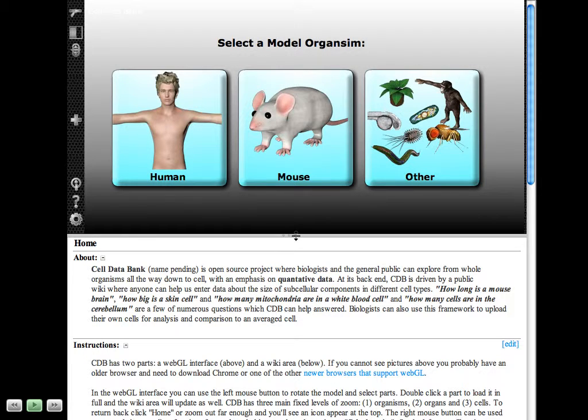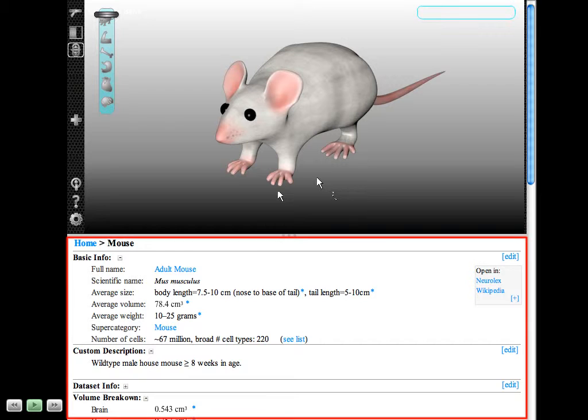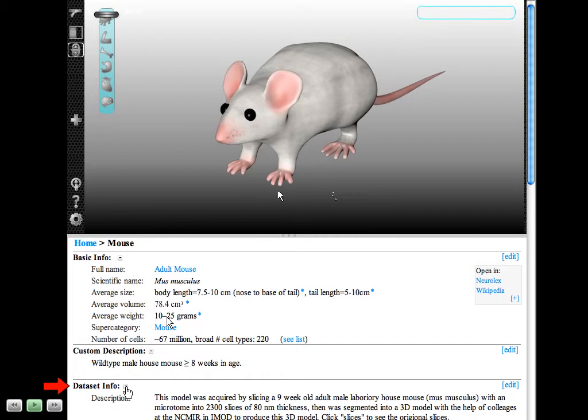On the first page, you'll notice we can pick between a few different model organisms, which would be slowly added over time. So let's say we're interested in mouse. On clicking an organism, it begins to load the model. Notice also that the page below has changed and gives us information about this organism. Up top is basic information telling us about the average size and weight of a mouse, and so on. And below that we have dataset information, which will tell us information about this specific model and how it was